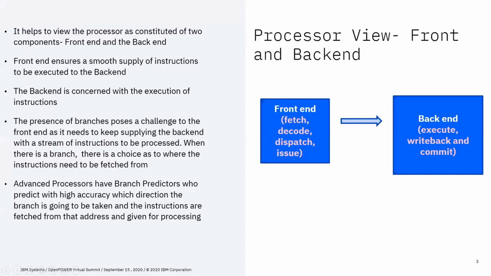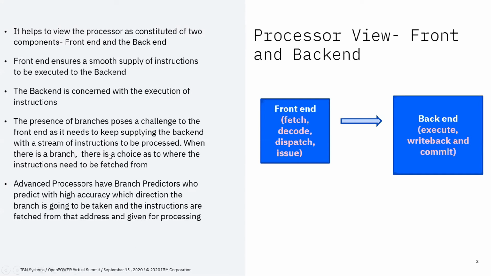It really helps to think of the processor as having two parts. One is the front end and the other is the back end. The front end is just concerned with fetching, decoding, and dispatching instructions. Basically, it's just concerned with getting a seamless supply of instructions to be executed by the backend. And the backend can be thought of as just an execution engine. It takes this instruction stream that comes in from the front end and is only concerned with executing it as efficiently as possible.